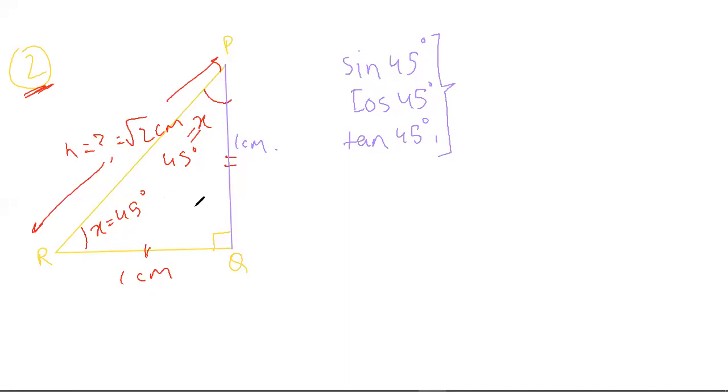say for example sine 45 degree, you want to find sine 45 degree, so you can take any angle with this. I'll take this angle. So with respect to angle 45 degree, perpendicular upon hypotenuse is 1 upon root 2. So sine 45 will be equal to 1 upon root 2, and again you will be shocked to find that it is the same value.